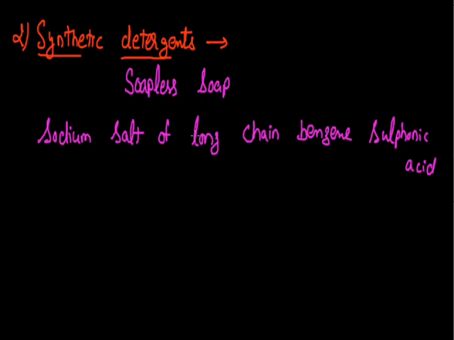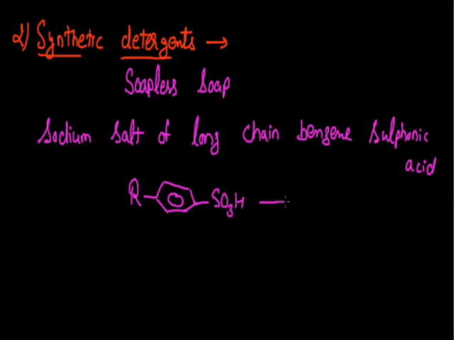Since there is a presence of long chain of hydrocarbons, this can be represented by the symbol R. It is connected with the benzene group, which can be represented by this hexagonal ring with a circle inside. And here the functional group is sulfonic acid, which can be represented by the formula SO3H. Since it's not the sulfonic acid but the sodium salt of sulfonic acid that is termed as synthetic detergent,